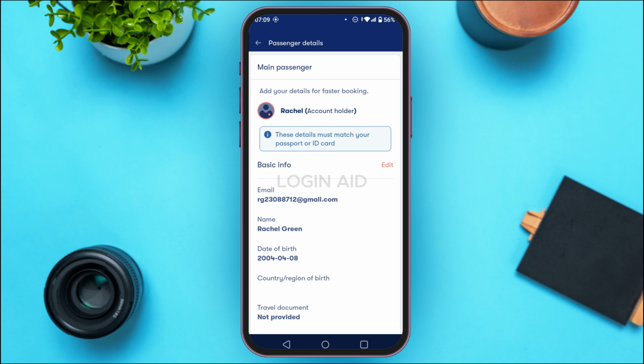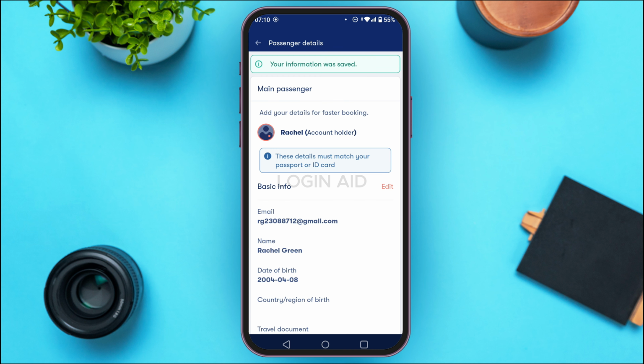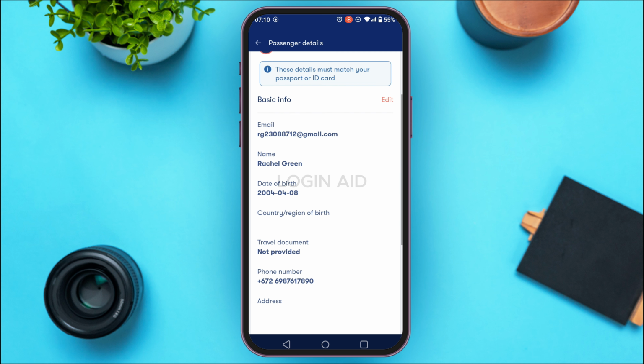After doing that, simply scroll down. Now tap on the save option that you can see on the screen. Now you can see over here your information was saved. Your phone number has been changed. So that is how you change phone number in